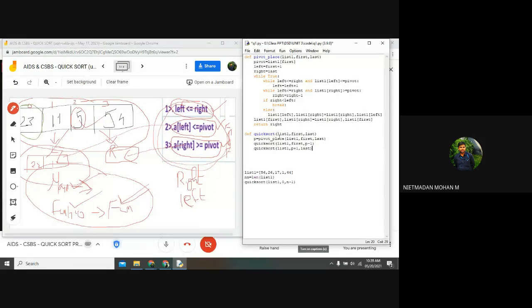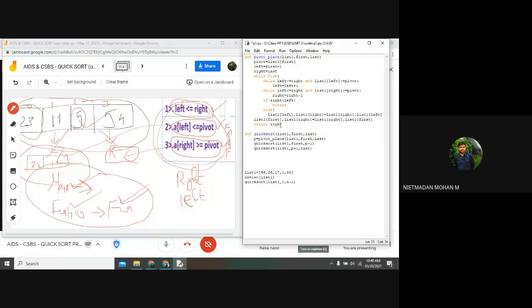So this is 3 steps. This will be the important step. First I am calling the function with arguments, the same 3 arguments, and after that I am assigning the variable and calling the pivot place function with the same arguments.